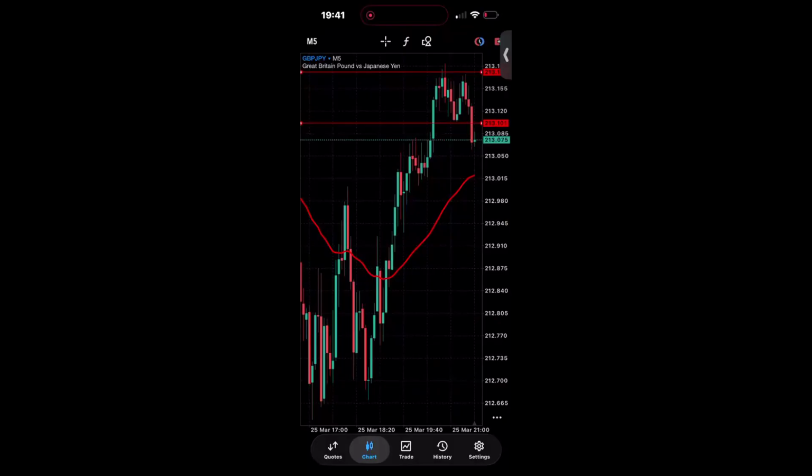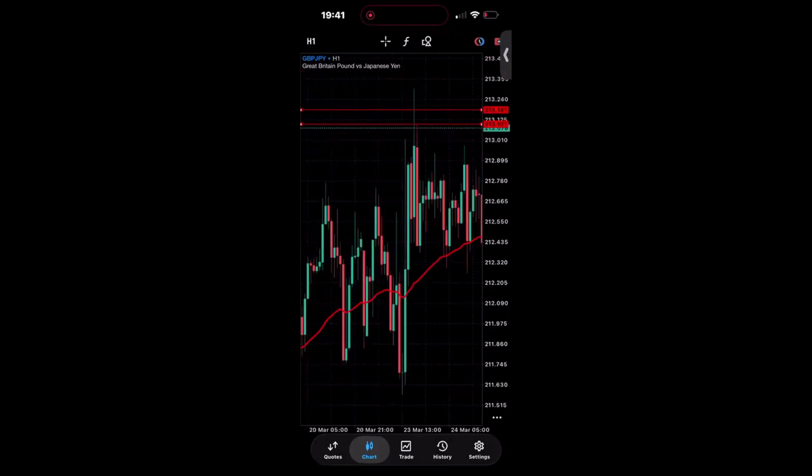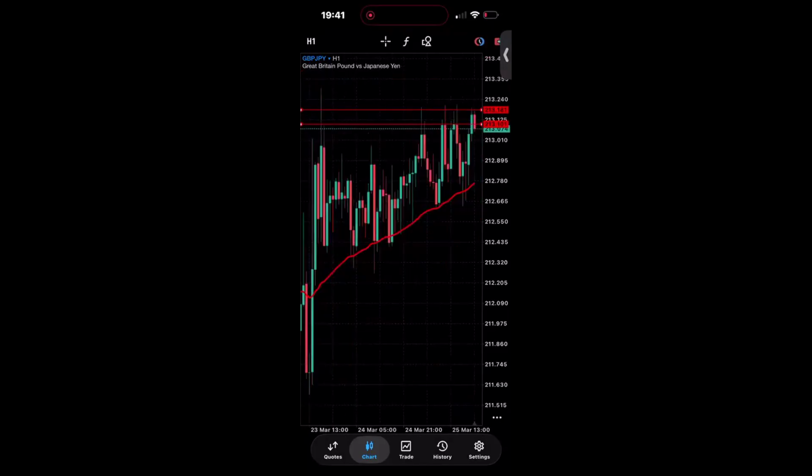Let's quickly jump to the 1 hour time frame. Look at this objectively. On the 1 hour time frame, I can see that price has actually gotten here before. Look at this place. Go to this high. It's high here. Right? So what I can do is mark out that high as my take profit level, which gives me a 1:1 trade. So this high becomes my take profit level.